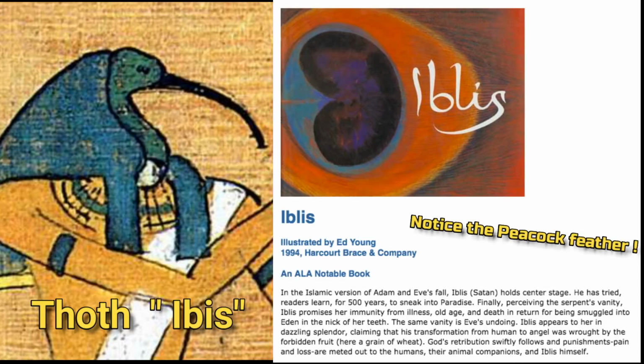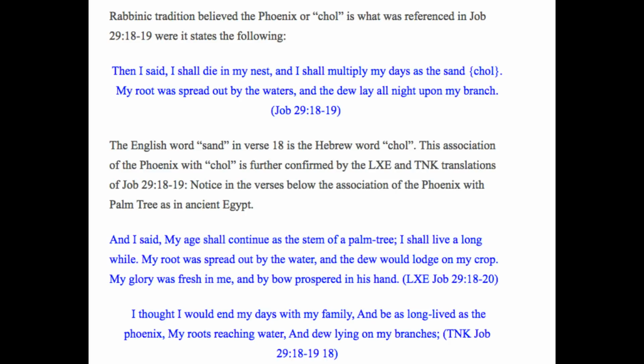Now let's not forget who Iblis is, right? Almost sounds like Iblis, right? The shining one. We just saw the Bennu bird, the shining one. Iblis is the devil in Islam, right? The shining one, Lucifer. Rabbinic tradition believed the phoenix or chol is what was referenced in Job 29:18-19, where it